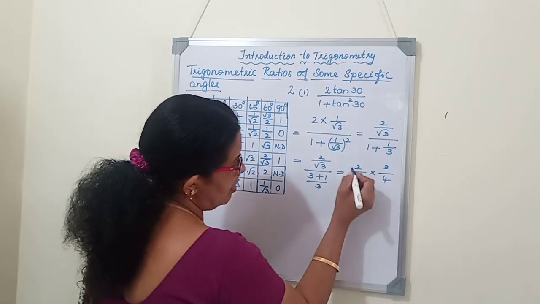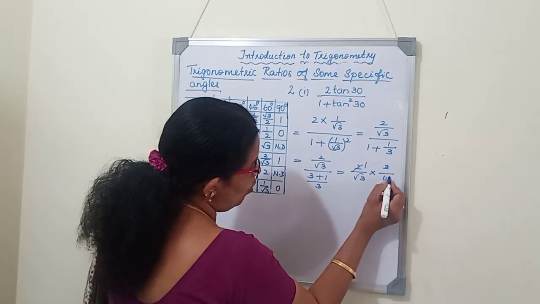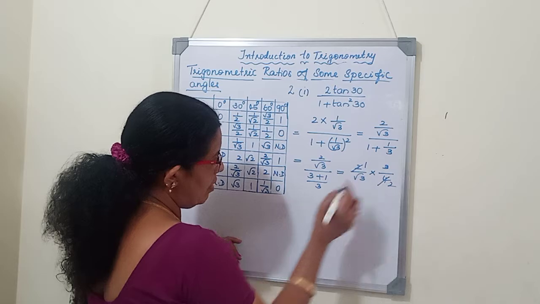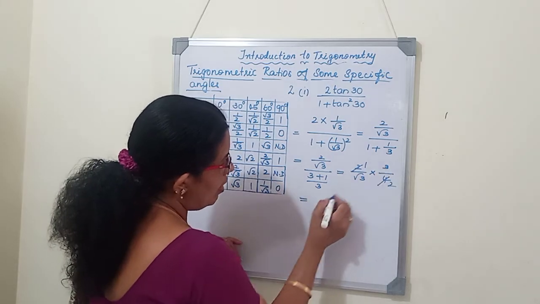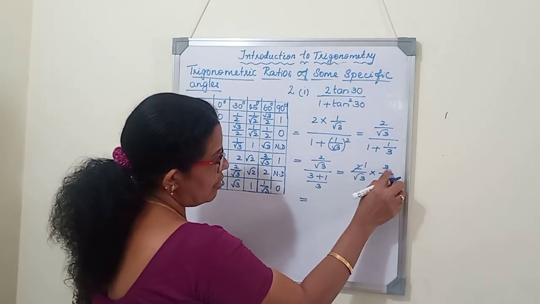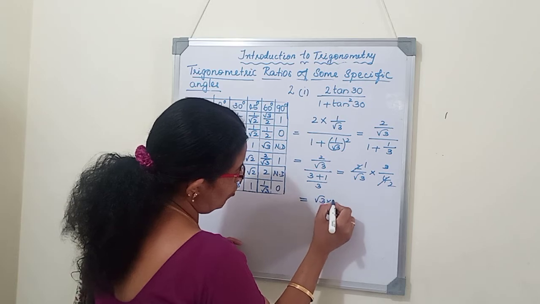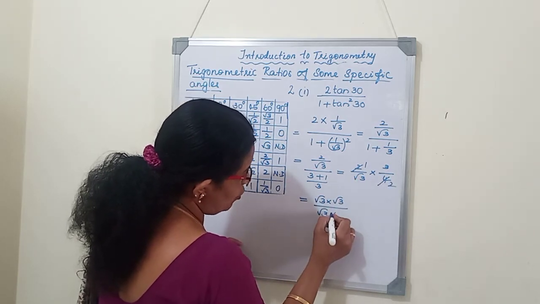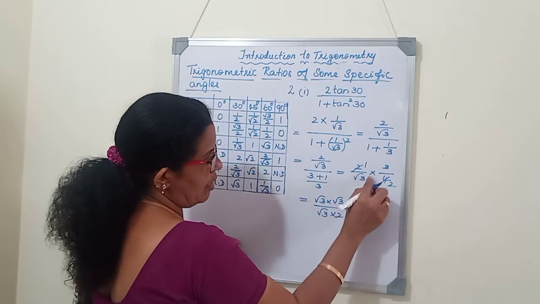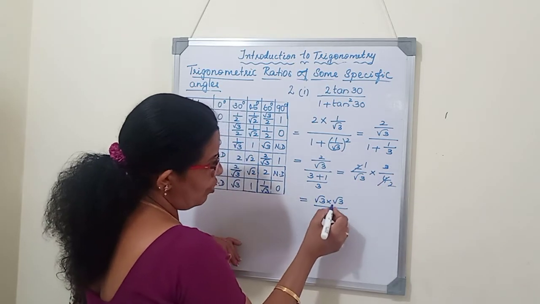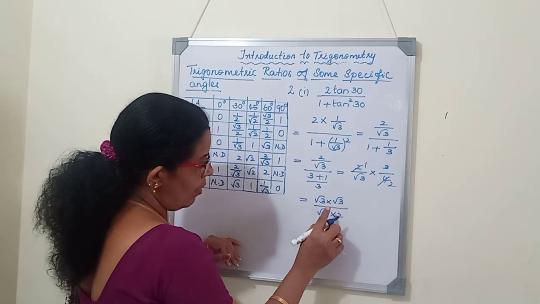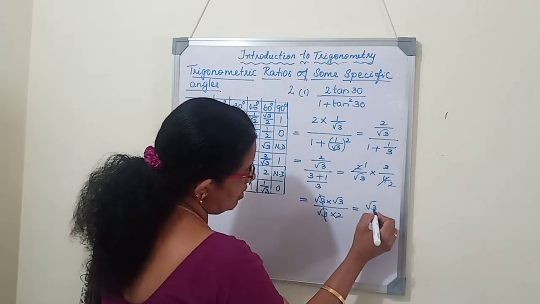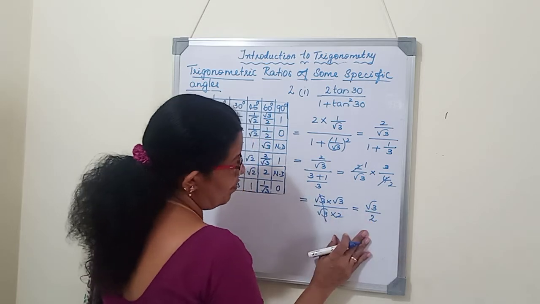Now, how to cancel this? Here directly we can cancel 2 and 4. We will get 2. How can we cancel root 3 and 3? So that I will write once again. 3 can be written as root 3 into root 3. We know root 3 into root 3 is 3. By this, root 3 into 2. So here itself if you want you can cancel and write root 3. So here I am just showing you 3 is root 3 into root 3 by root 3 into 2. So 1 root 3 will cancel. We'll get answer root 3 by 2.